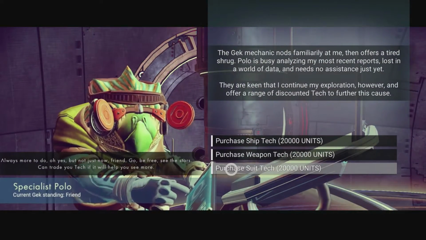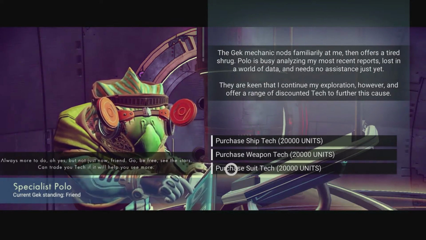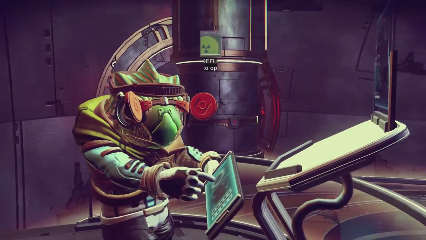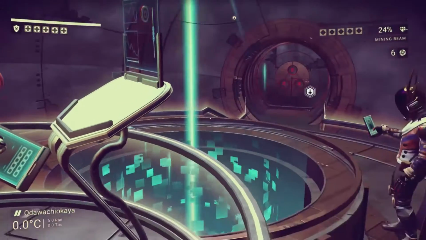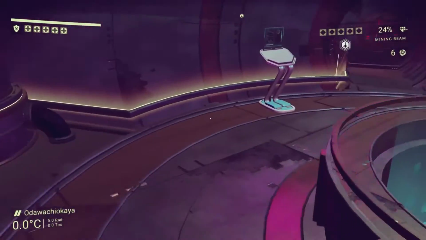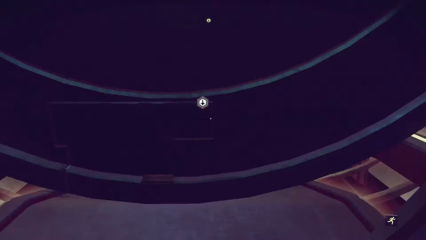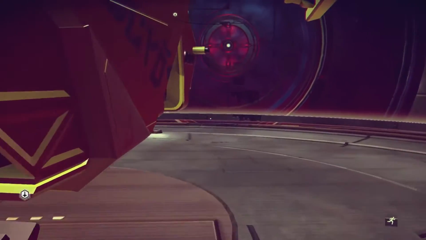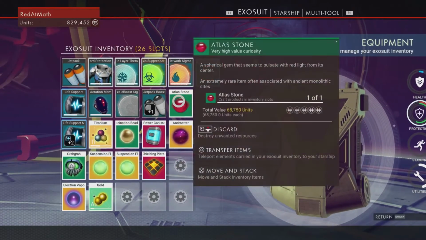I'm gonna buy some suit tech. Clever. Strong suit. A long life. Radiation deflector Tau. Okay. So they really want me to be ready for the next radiation planet I encounter. Good, good. Let's see about maybe grabbing that upgrade. Exosuit. So